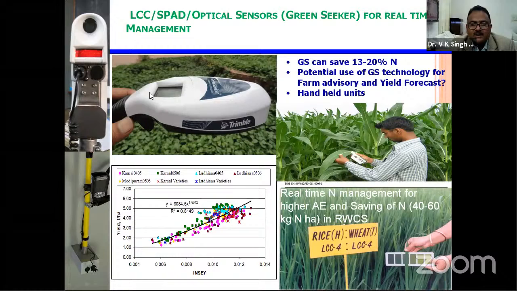The recent approach is GreenSeeker based. In developed countries, this is very common. They are just mounting it on the tractor and putting nitrogen, particularly at the back of the seat in drums. And once the reading comes, they just fix the reading and some algorithm is there inside. Once it matches with the crop demand, then automatically that nutrient goes to the plant.